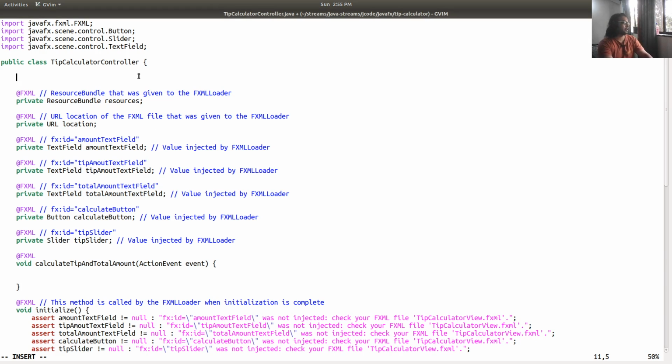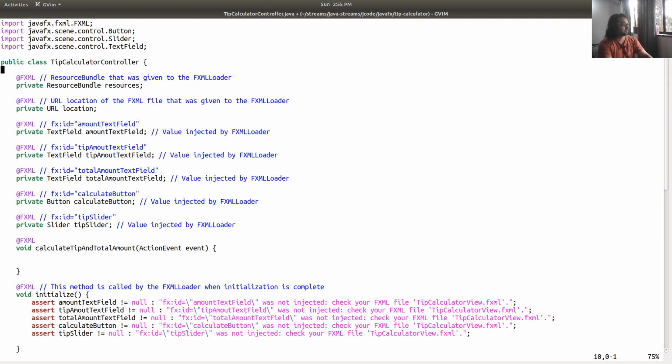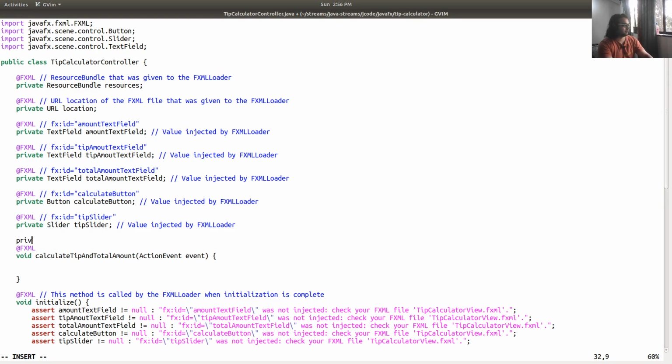So I start with that. Format the number and